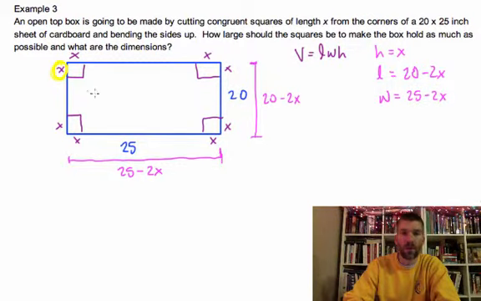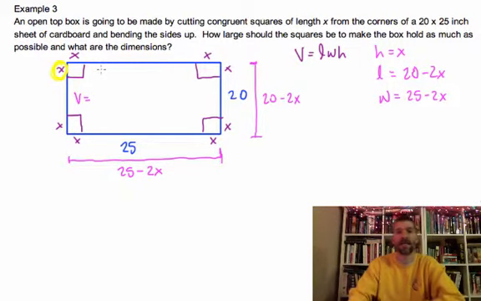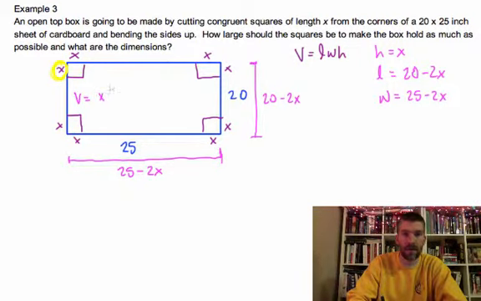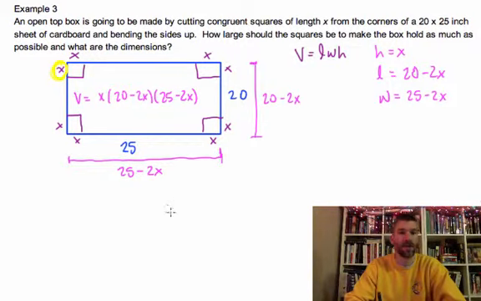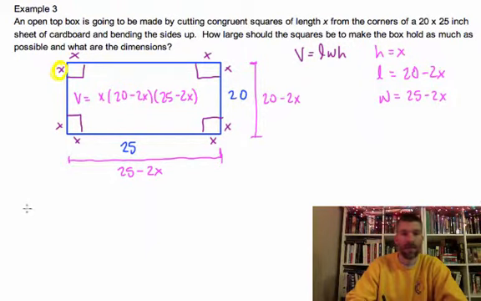Alright? And so what's the volume of my box going to be when I fold the sides up? The volume is going to be x times 20 minus 2x times 25 minus 2x. So what we need to do is find the derivative of that, and I think it'll be easiest if we FOIL this thing out first and put all the like terms together and then come back through and take a derivative. So I'm going to distribute my x real quick, and that's going to be